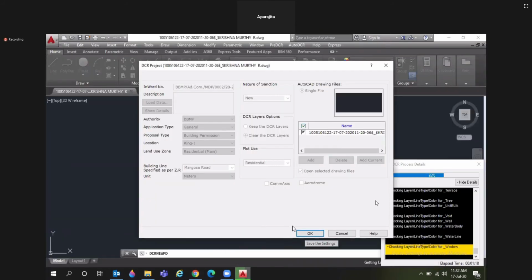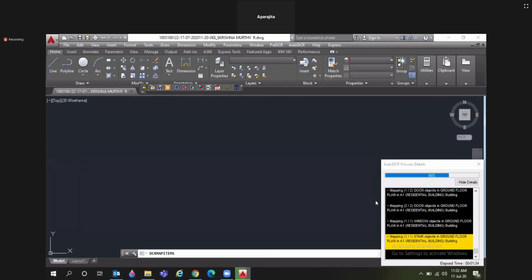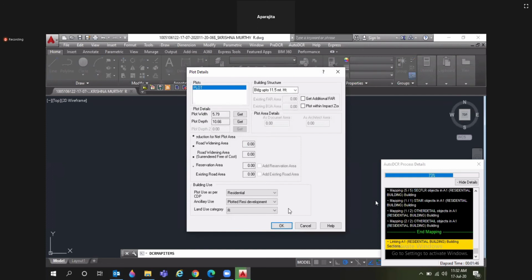So now for AutoDCR run, click on OK. Again, click on OK. Okay.